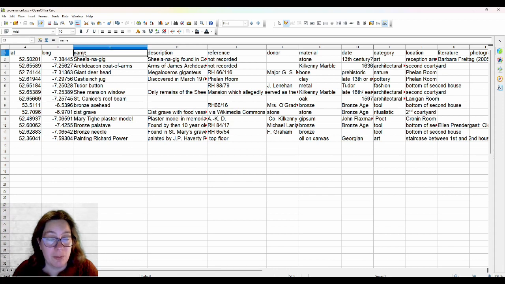So we have name here, that's why we only use one word definitions, and they're all in lowercase. So it'll replace everything that we have in the name column, and it will replace everything that we have in the description column. And you could even do whole sentences. I've done that in other UMaps.